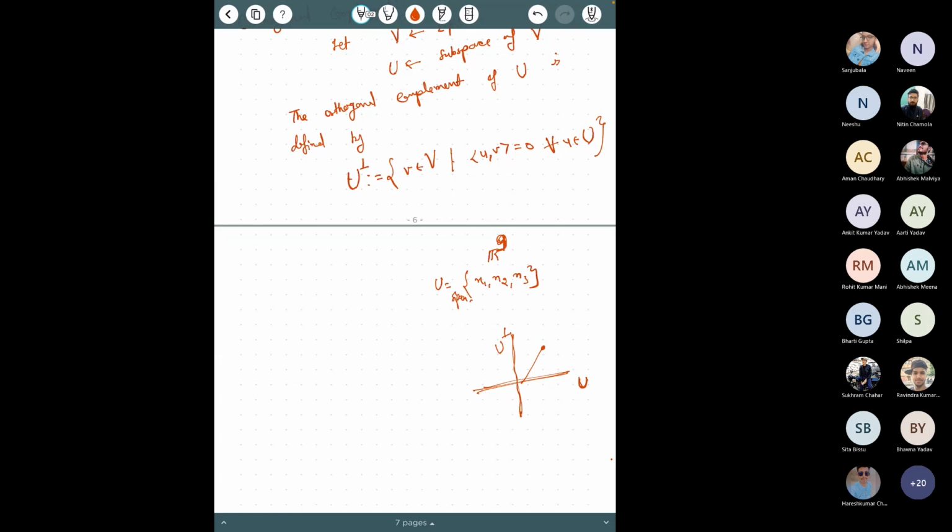If you look at here, what you did is that you have U here. In this example, at least, it's a 2-dimensional space. So let's say you have some basis for this, E1, a basis for U. And then you found a vector E2 such that E2 is orthogonal to E1. Not only that, E1 and E2 span the whole space.